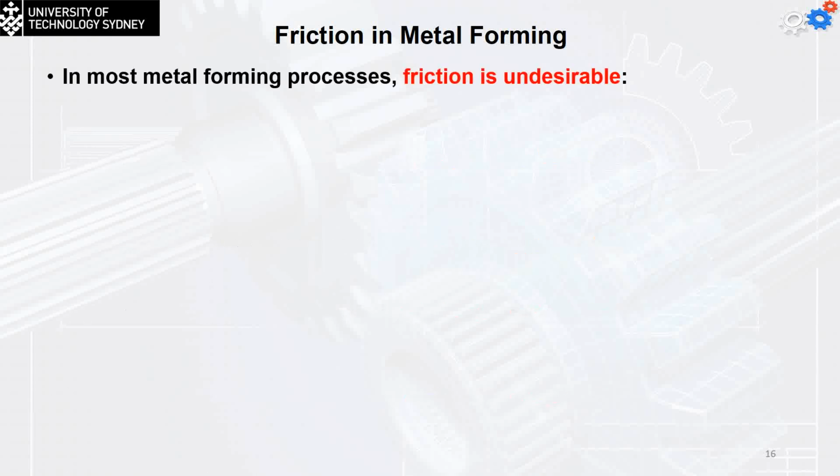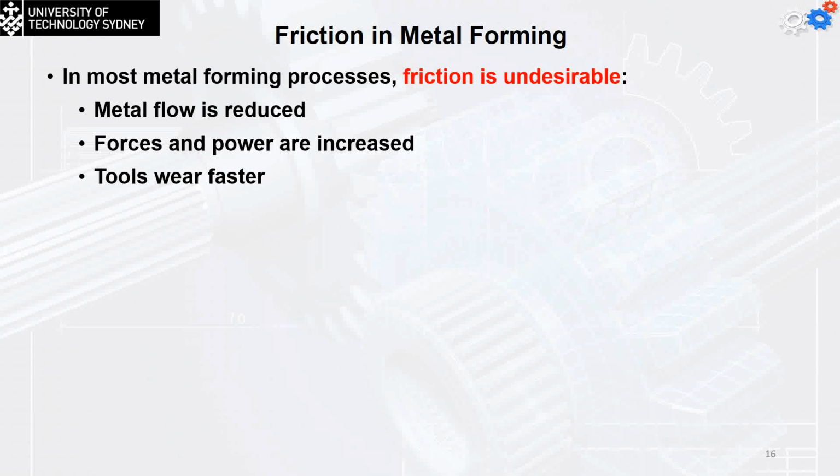So metal flow is going to be reduced due to the resistance of the friction. The force and the power are going to increase, and the tool wear will be faster. Friction and tool wear are more severe in the hot working process, and thus we're using lubrication in